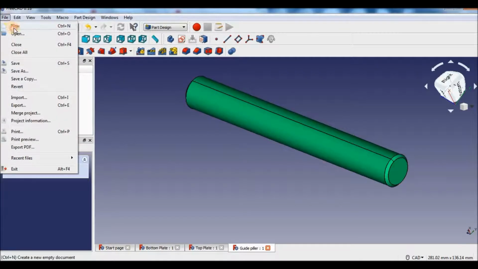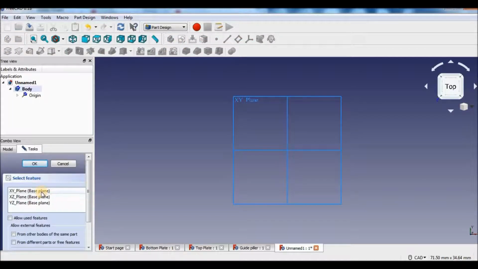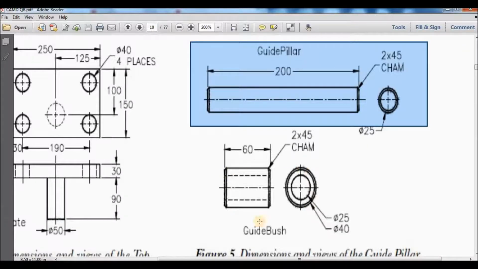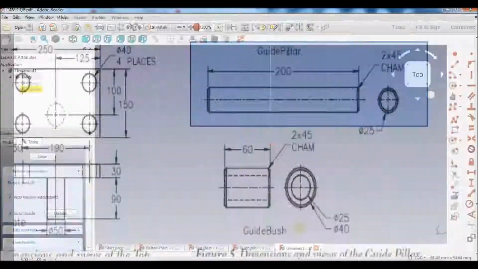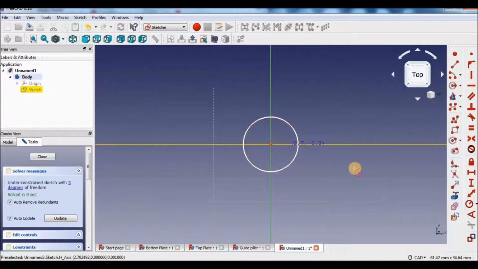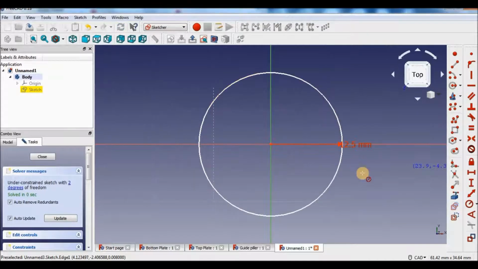go to file, new, create new sketch in sketching room, XY plane, OK. So the next and the last part is guide bush. So draw a circle again, of the diameter 25 and radius is 12.5.